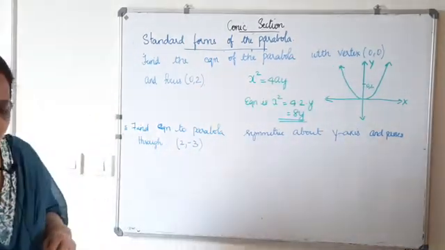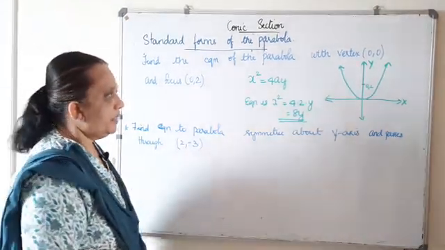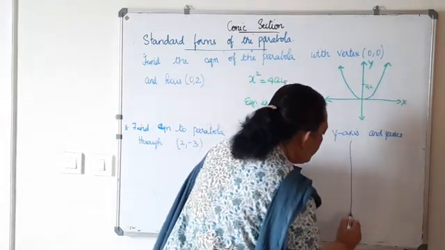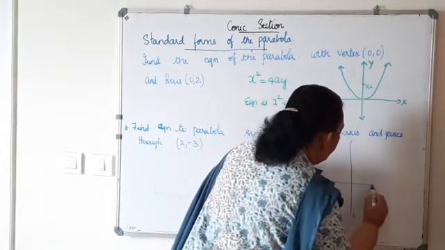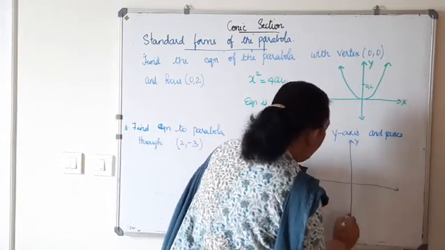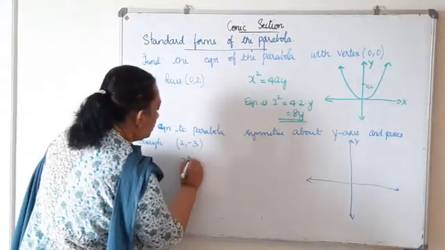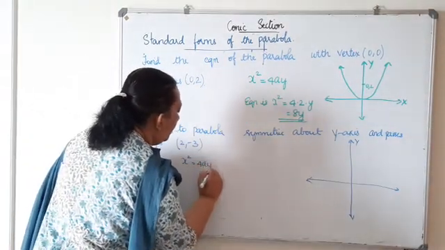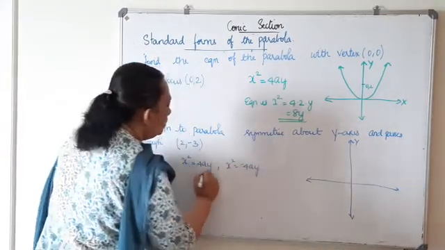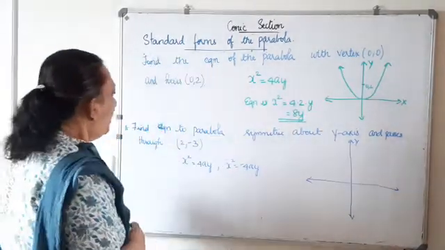It is symmetric about the y-axis. So, the parabola can be cap-shaped or cup-shaped. So, it can be in the form x squared is equal to 4ay or x squared is equal to minus 4ay. You have to choose which one because it is symmetric with respect to the y-axis, and